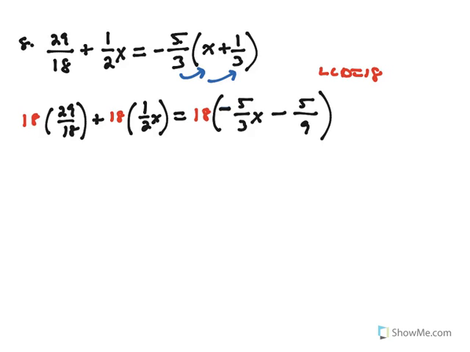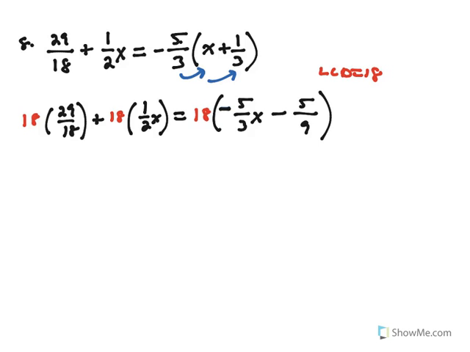And then you're going to see everything is going to cancel out beautifully. Let me just recap what I did, in case I confused anyone. What I recommend you do is distribute the negative 5/3 with the x plus 1/3 in the parentheses, and that way you can get negative 5/3 x, right? And when you do negative 5/3 off to the side here, if you do negative 5/3 times 1/3,